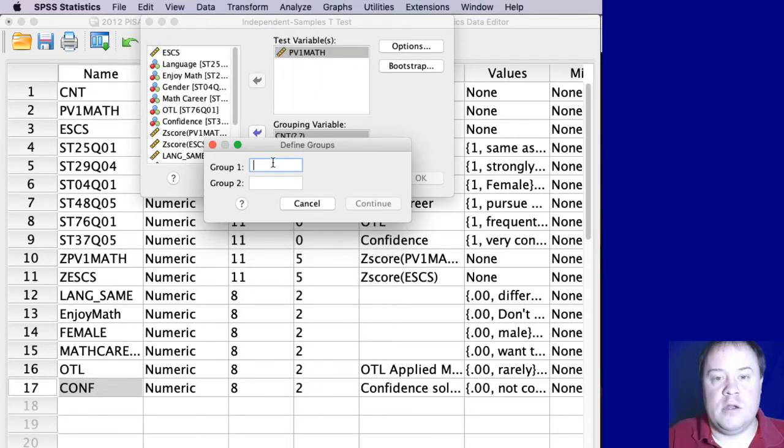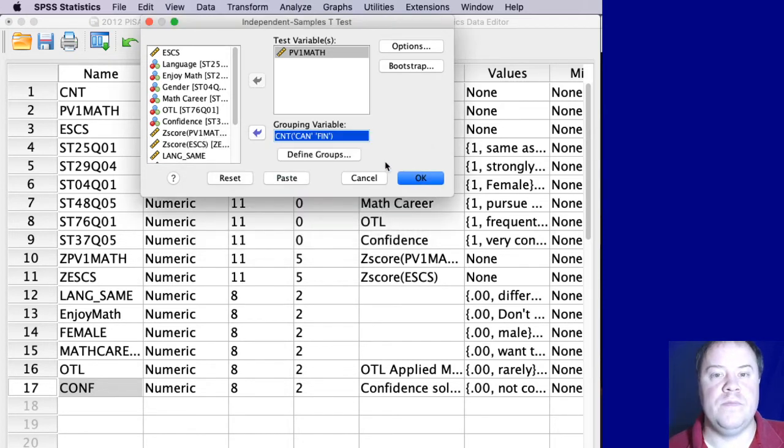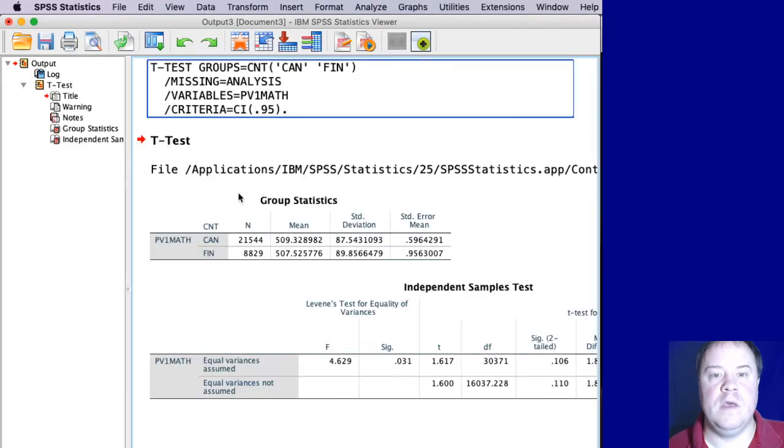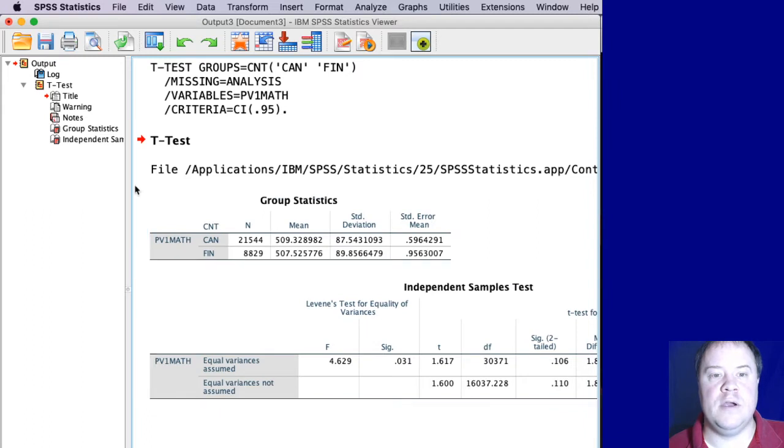So group 1, and we have to type in the correct letters here. CAN is Canada in this data set, and FIN is the code for Finland. Click continue. So notice it puts CAN and FIN in here. Click OK. And then we can see it pop up here